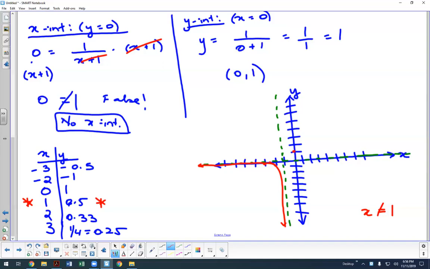Okay. On the other side, we're at 0, 1. 1 is at 0.5. So right here, since this is our special case where our function is undefined, we're actually going to have